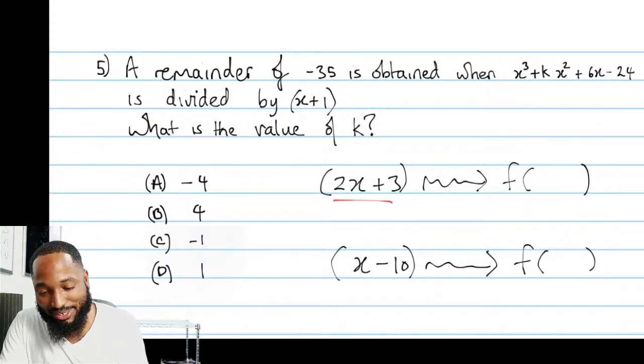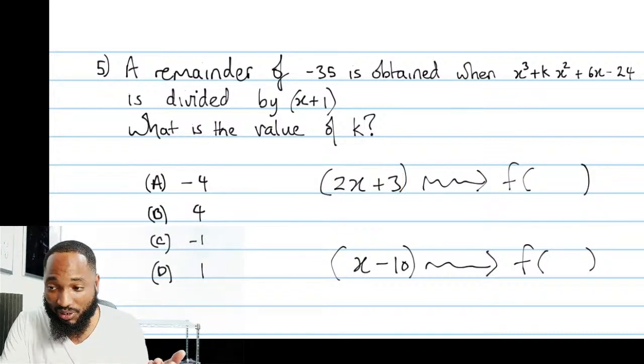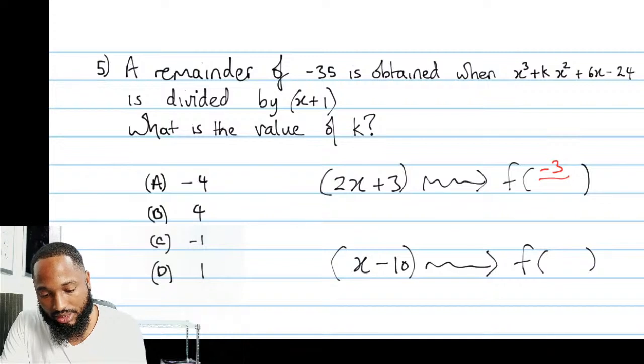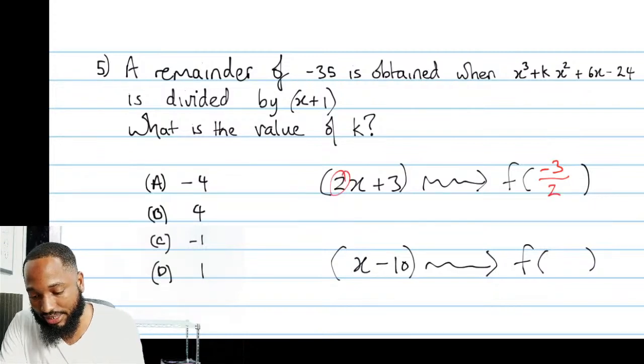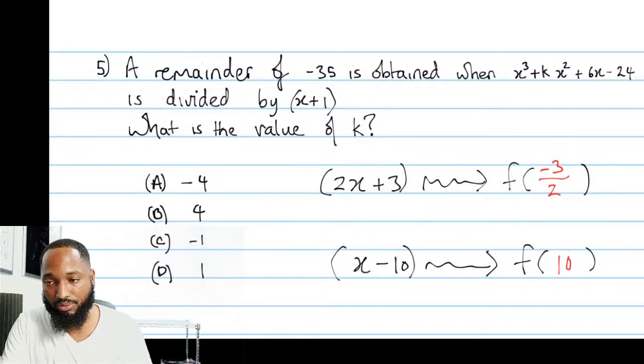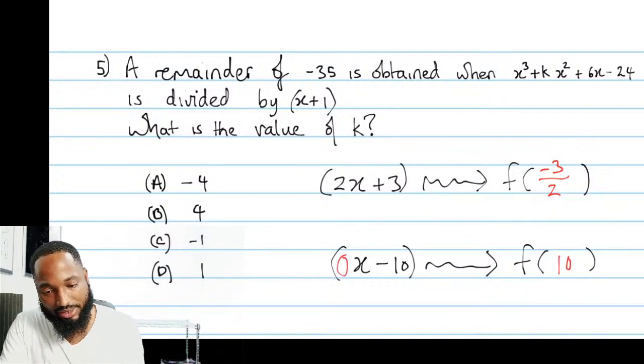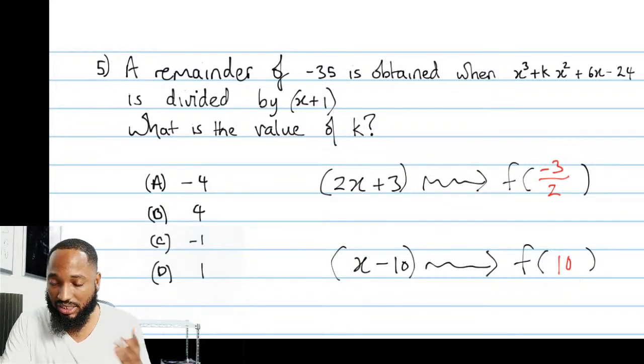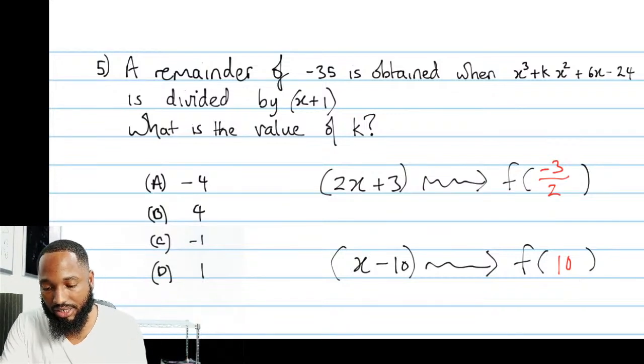So if it's 2x plus 3, you take the negative of that, the additive inverse, if you want to use the big boy terms, and divide by this. And for this one, the additive inverse of that, so you're going into positive land now, and you divide by that, so you put over 1. So it's 10. So in this case, you're substituting negative 1 in this. With your calculator, beat out that.